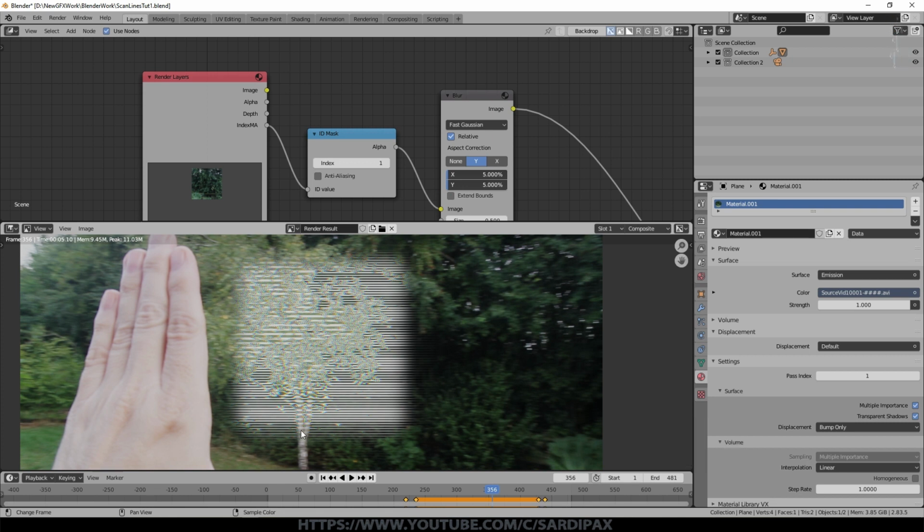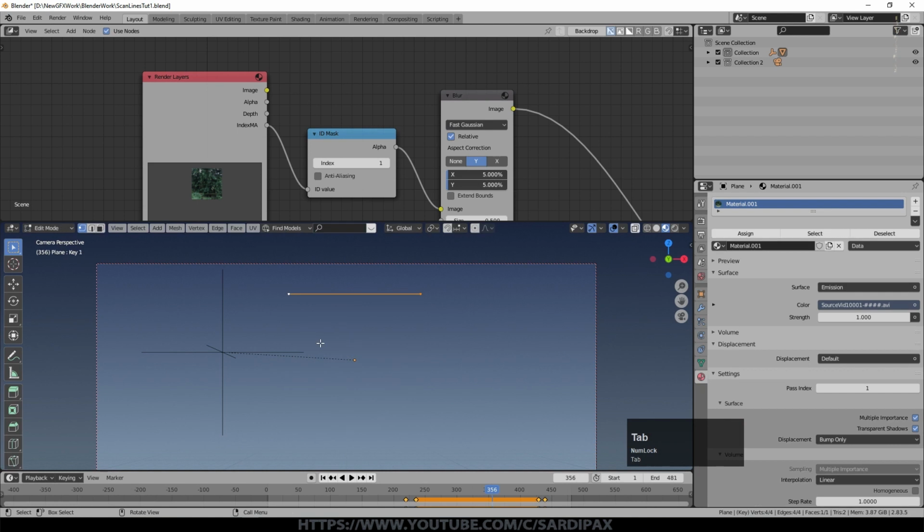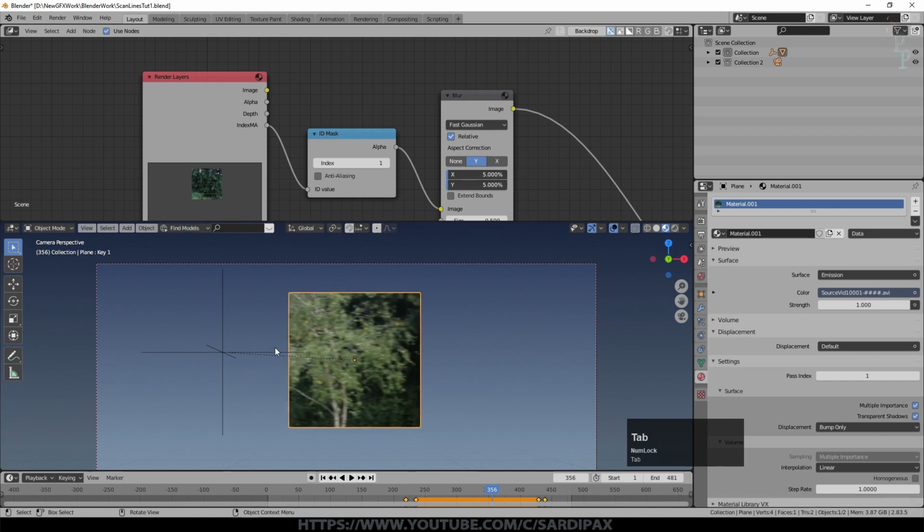You can see that the original image is coming through and affecting the tree. Fortunately, we can still see it in preview mode, which helps to make sure when we're sizing our object that we haven't got the hand showing in there in this particular case. So we can see what part of the scene is showing up.